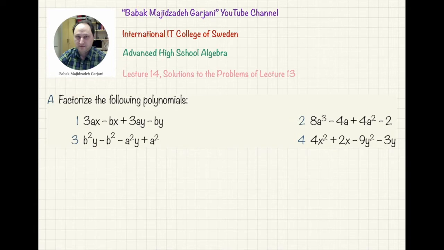Okay, now the first question, part A. Factorize the following polynomials. So there are 4 polynomials here. I want to factorize them for you. So let us do it one by one. So number 1,